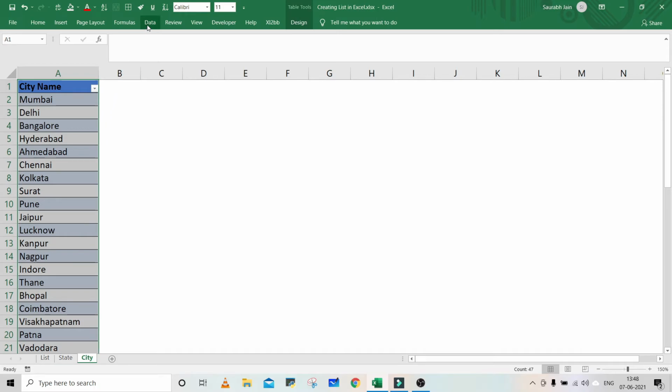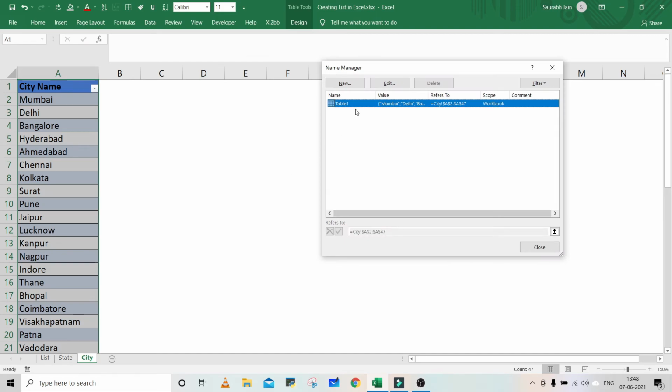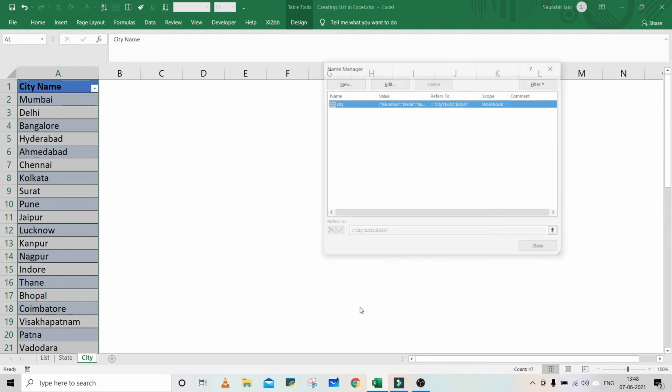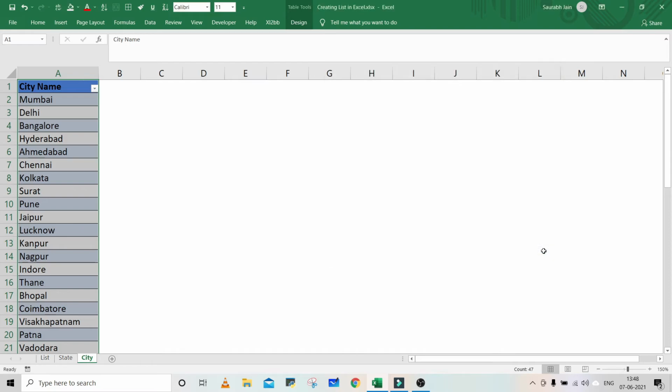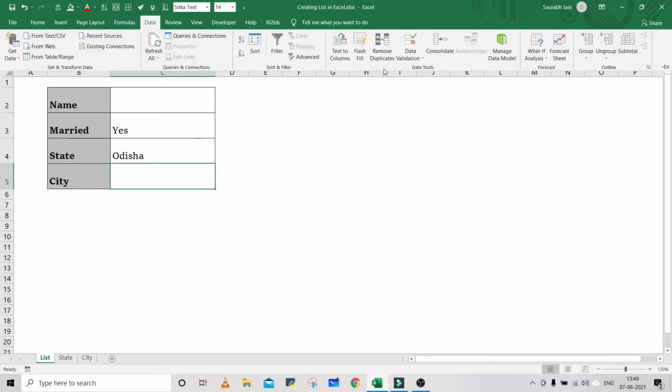Now go to the Formulas tab, click on the Name Manager option. The table is visible in the Name Manager box. Select the table, click on the Edit button, change the table name to city, click OK. Click the Close button. Now go to the List sheet, select the cell C5, go to the Data tab, click on Data